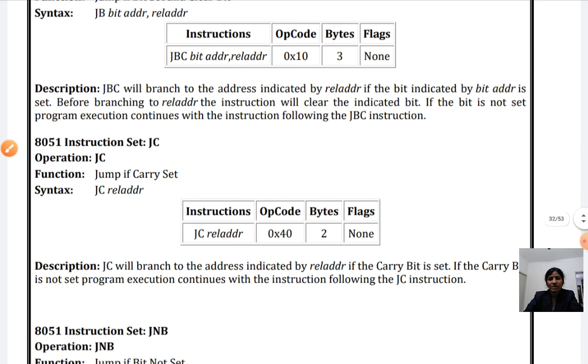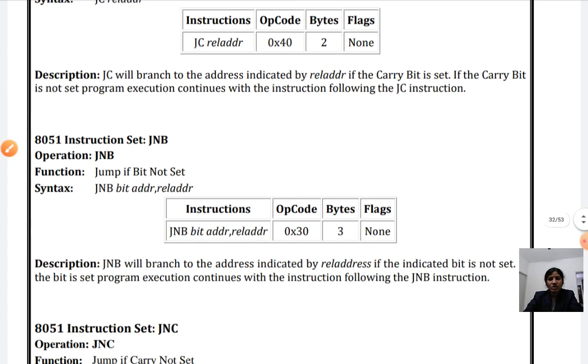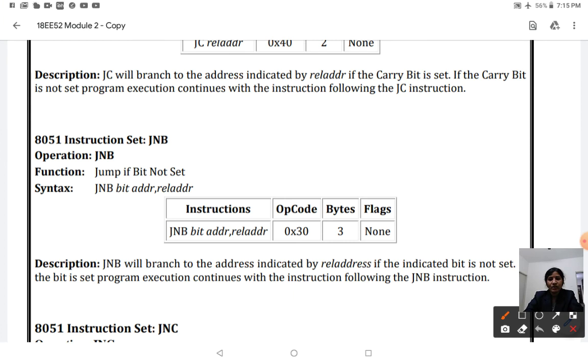Next, JC means jump on carry. It will check whether your carry bit is 1. If it is 1, then it is going to move on to your relative addressing. Next is your jump on no bit. It will check whether this particular bit address is having the bit or not. If not, it is going to jump to your